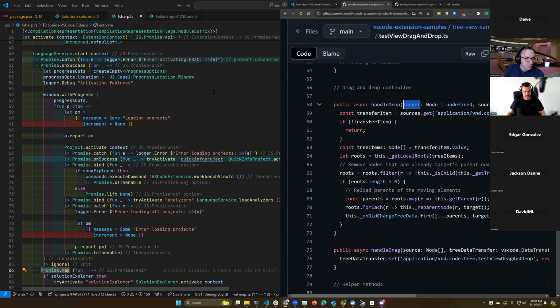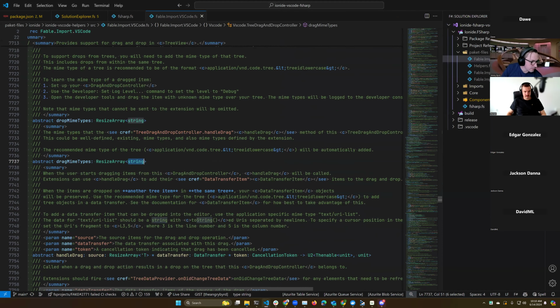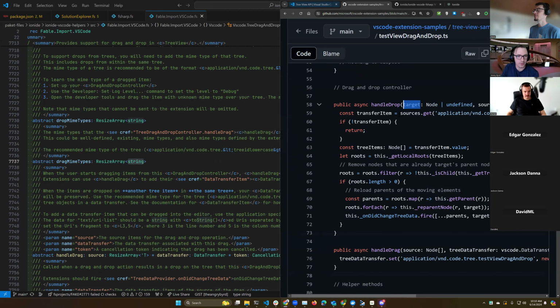Maybe the documentation will clarify that when we read through a little bit more. And real quick, was this the last link that you sent me? Oh no, because you were on VS Code extension samples. Okay, I'm going to look this up myself too.